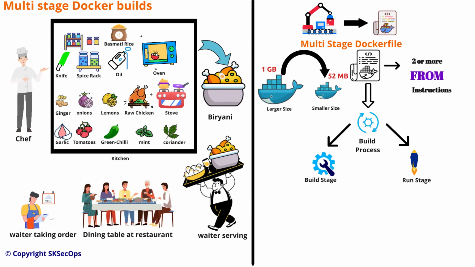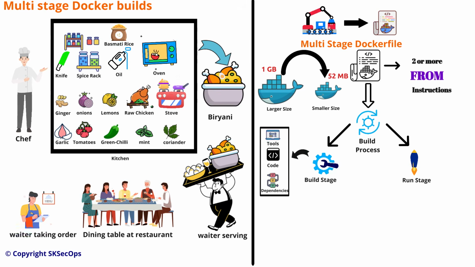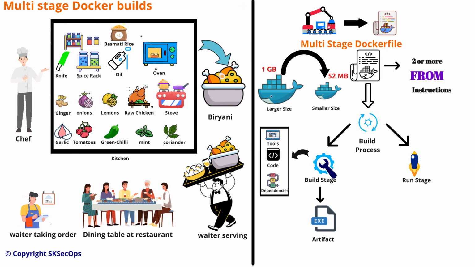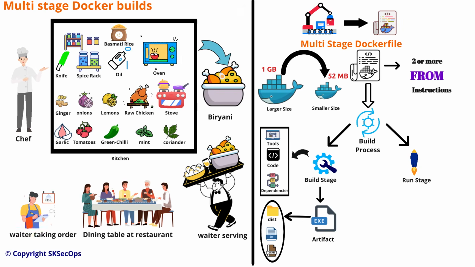Let's understand the build stage first. The build stage contains your application code, dependencies, and tools to compile. During the build process of this Dockerfile, the build stage produces an artifact. What is this artifact? An artifact is an executable file which is ready to run, like a jar, a war, and the dist folder